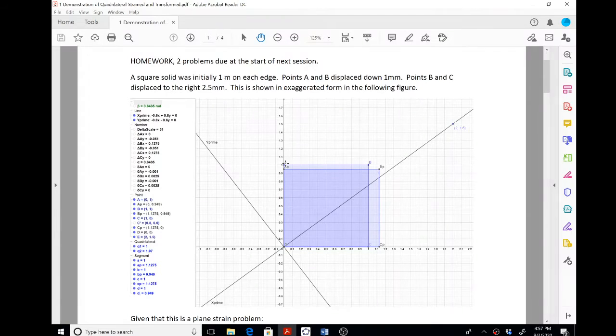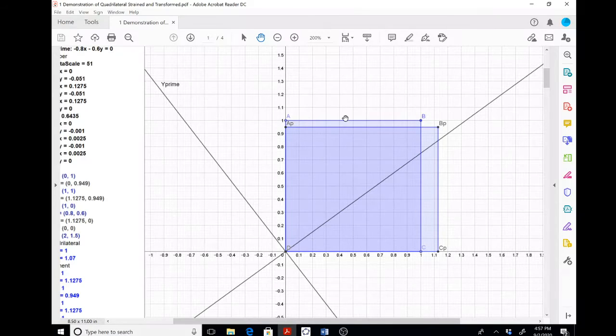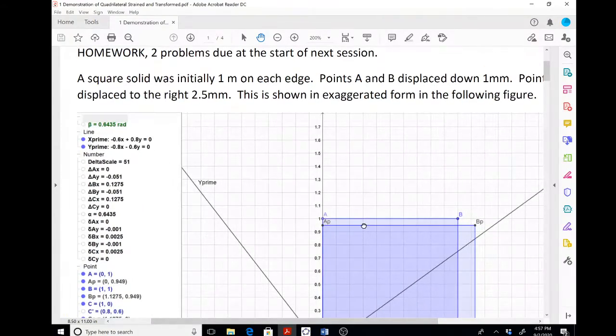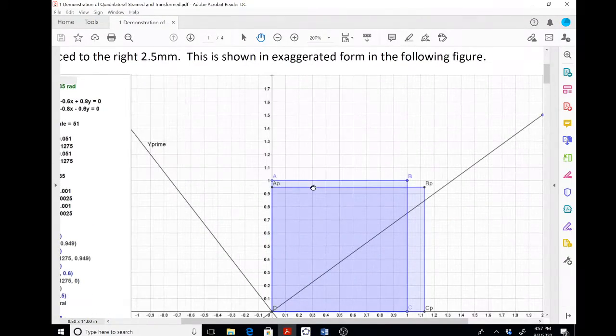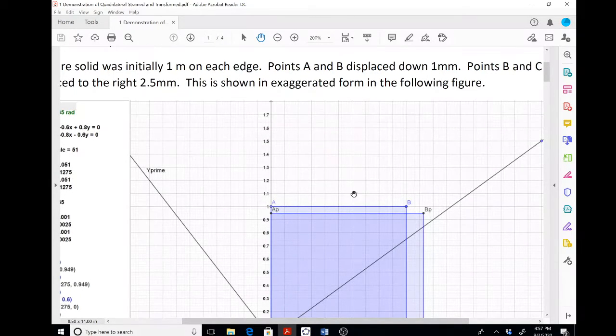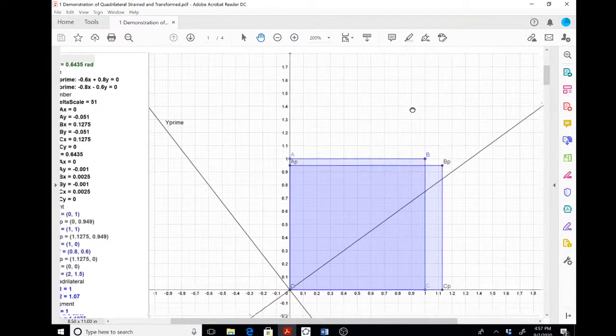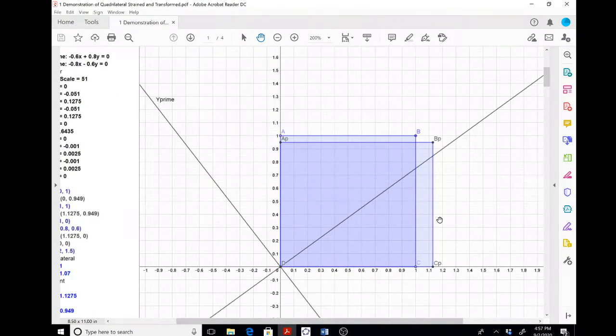And you see points A, B, C, and D defining the initially square solid. Then what happens is points A and B are displaced down 1 millimeter, and points B and C are displaced to the right 2.5